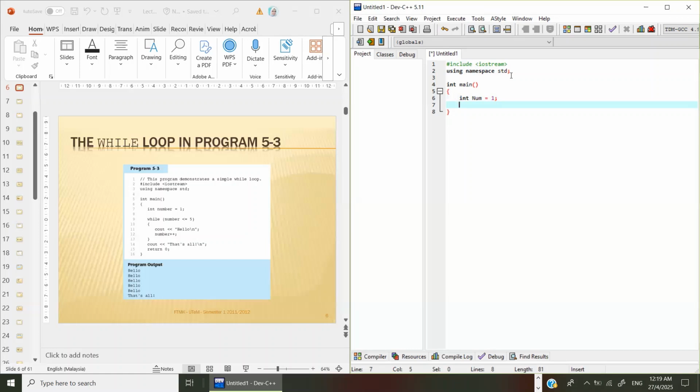The command here is while, and we have the condition for this loop: while num is less than or equal to 5. Our starting point is 1, but the stopping point will be 5. While this condition is still true,